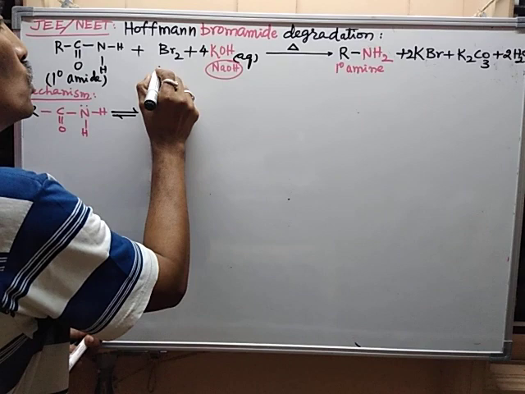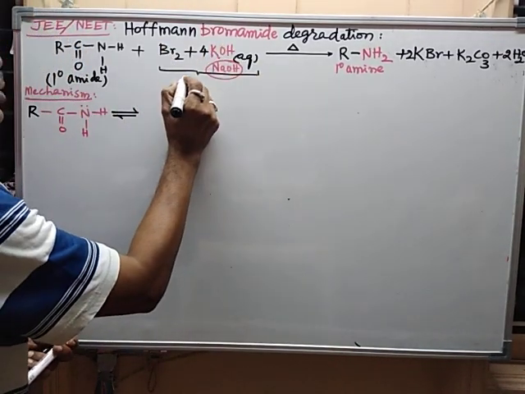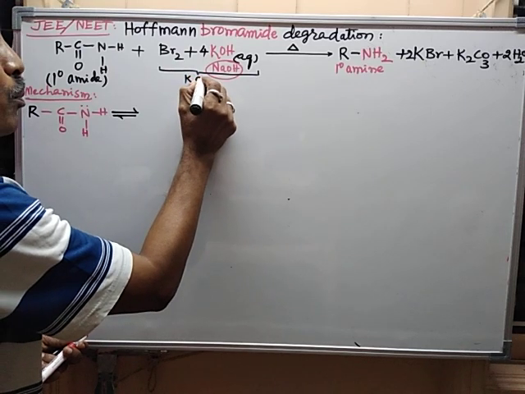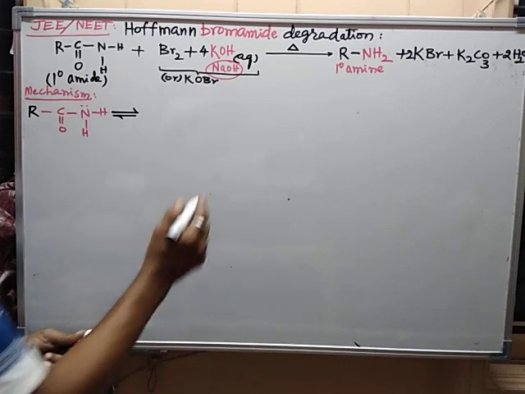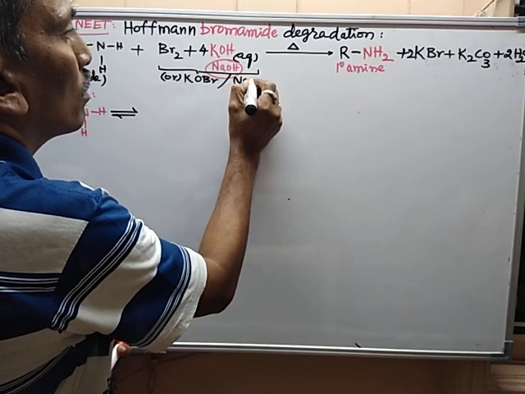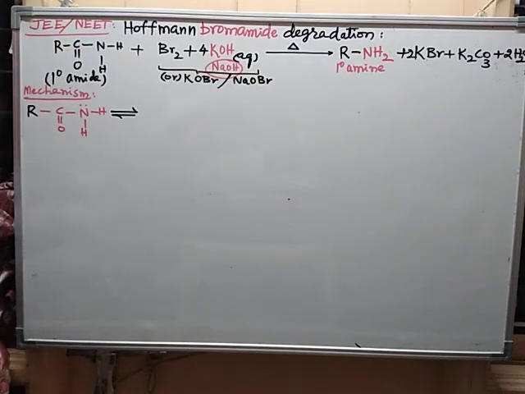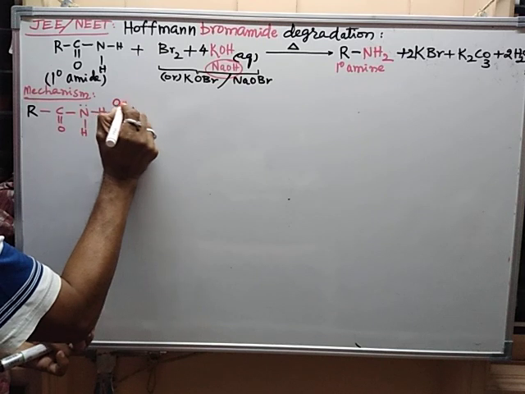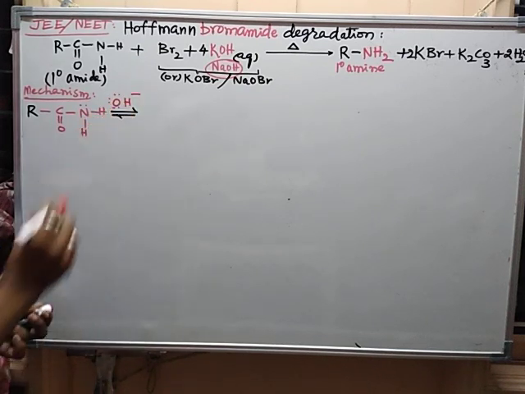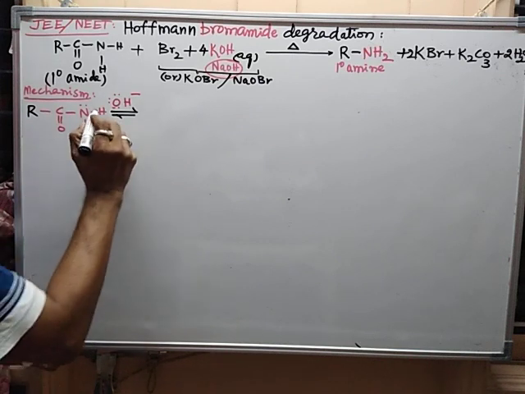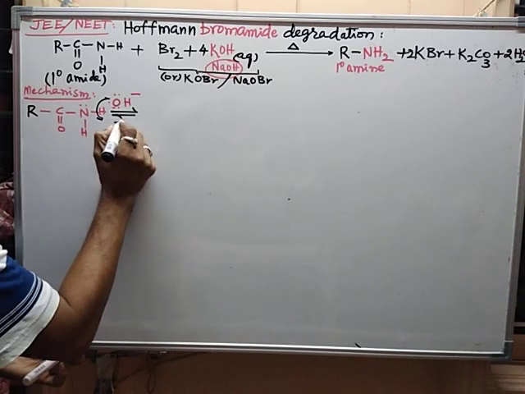In the place of these two, what may be given? By the combination of these two, it produces KOBr, or, to confuse the student in the competitive examination, NaOBr. The information is the same, even though the representation looks different. Then in the presence of the base OH minus, these hydrogens show some acidic nature, as this hydrogen is removed by this OH group